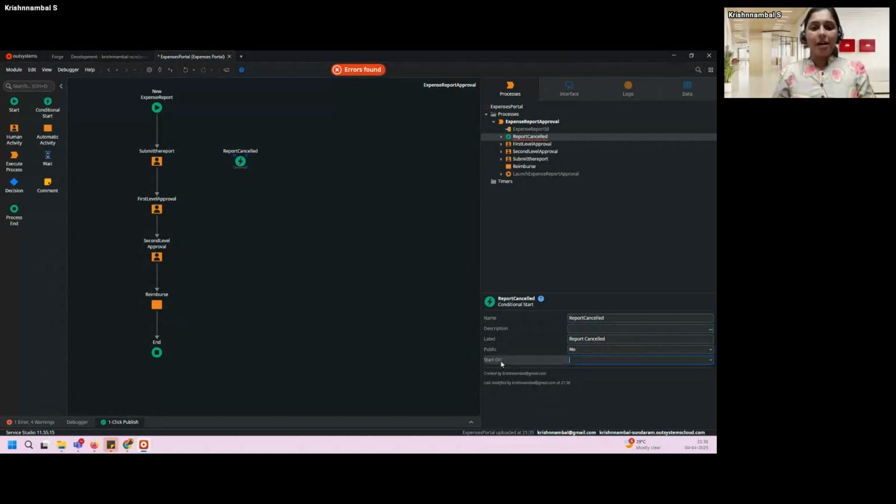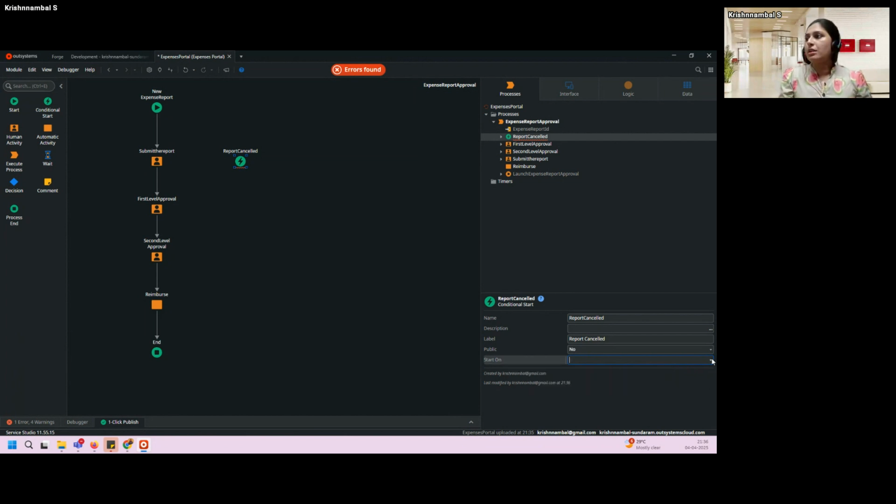This property start on is something that you may need some help with. When should this flow execute? That's what the start on property means. So this conditional start flow has to execute when the expense report is updated to the cancelled status.